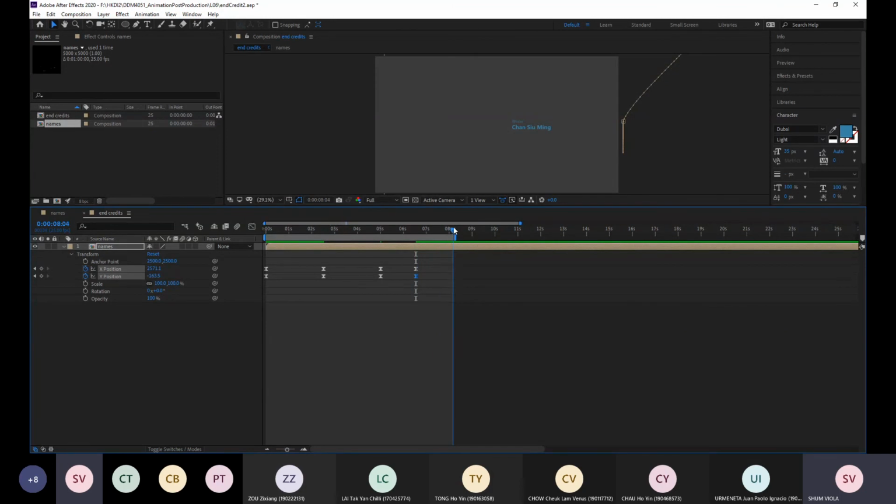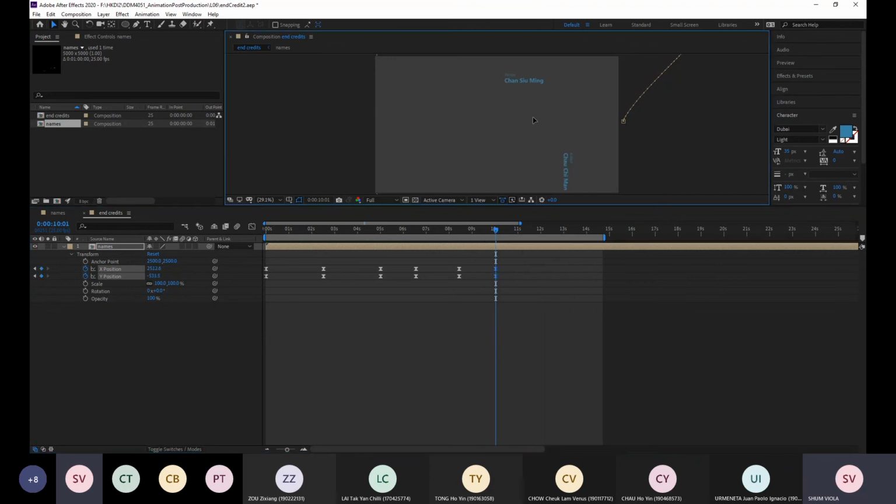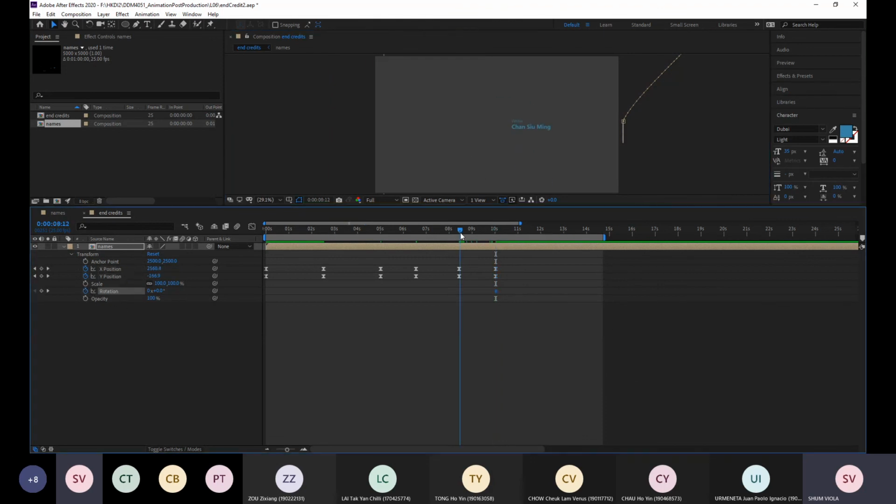Okay, I will stay for 2 or 3 seconds again. Remember, you have to stay every time you show a new name. If not, the names just flash by. Here, it turns, see? One name will rotate, so this time I will add a rotation, at negative 90 degrees.